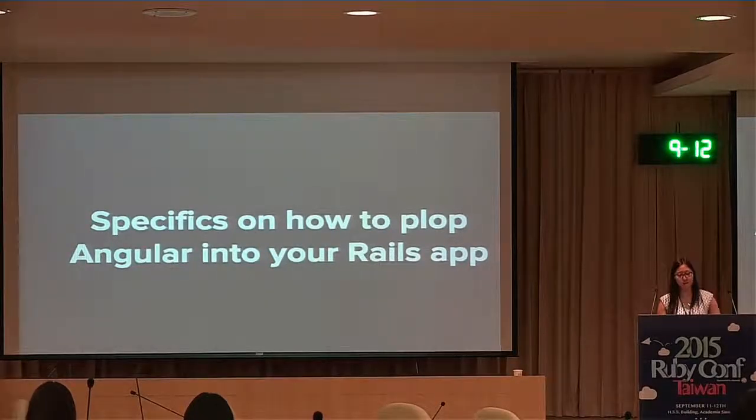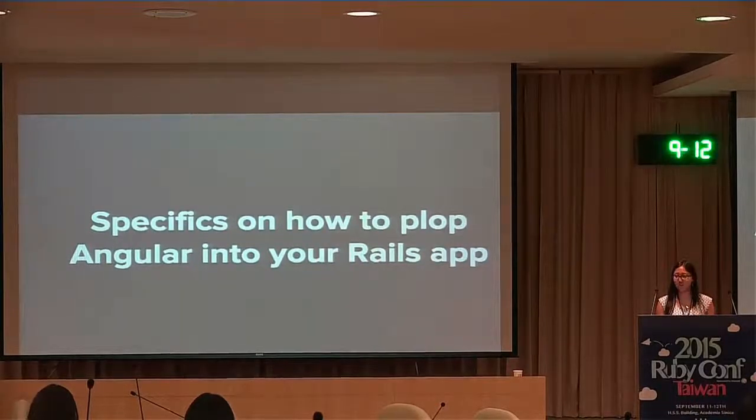So for libraries that cover all of these things, look up gulp, and you have to configure it for your app. We have it set up so that every time you make a JavaScript change, we have a watch command that watches for local file changes, and every time a file is saved and it detects a change, it rebuilds that section of the JavaScript app and copies it into the right place in our Rails directory, and then you refresh the page and see it there. There are some places in our workflow that can be optimized, but that's where it stands.